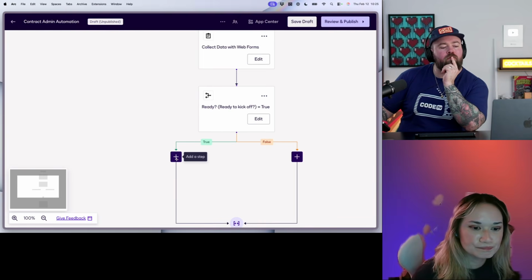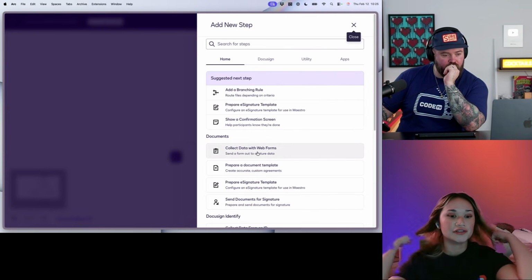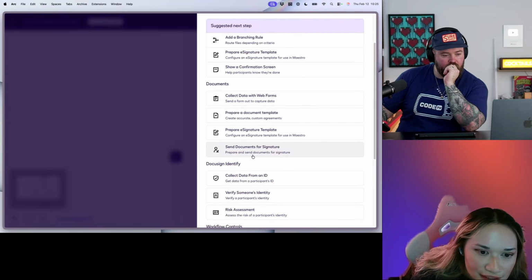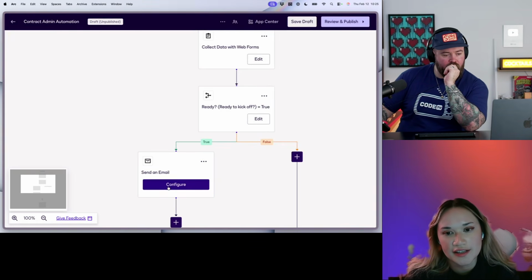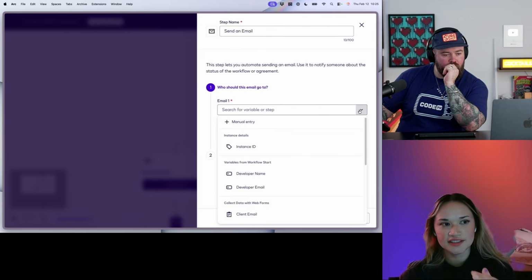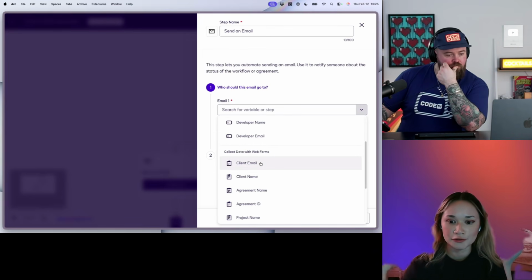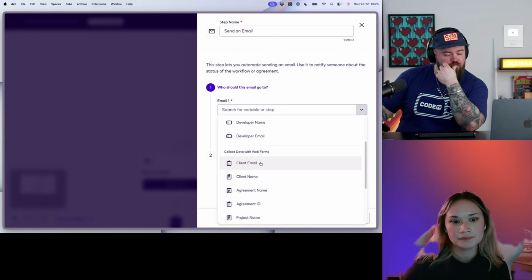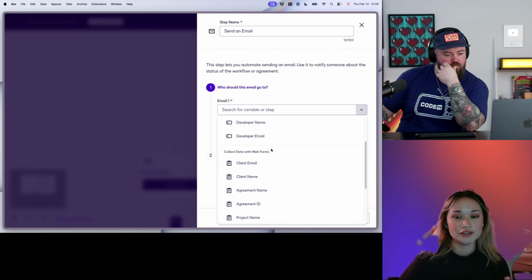Yeah. Okay. So there's going to be 2 steps under this true branch, and they're both going to be send an email. So it should be in there. I also want to point out all the different steps you can add. This is a new account, so it's pretty empty, right? If you add things like a Google Drive app, or your own extension apps, those will pop up on the steps as well. But yeah, so who do you want to do this first email for?